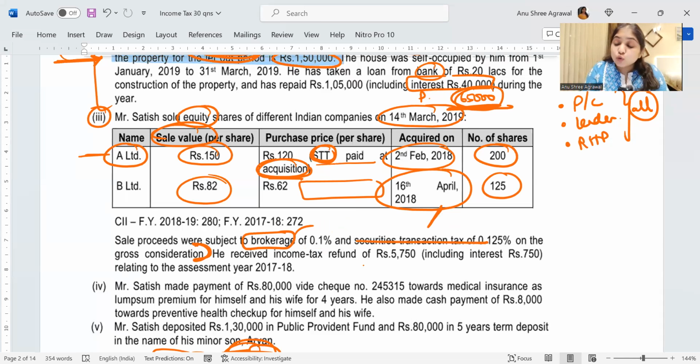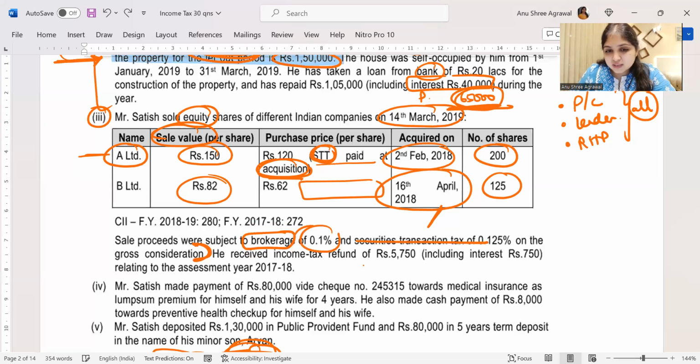PGBP. And that too, when do you subtract in PGBP? Only if it is your assessee's business to buy and sell shares, then STT becomes a business expense. You subtract it under STT. So in the whole Income Tax Act, only in one place you subtract STT, that is in PGBP, and that too only if it is your assessee's business to buy and sell shares, only then you subtract. Here it is capital gains. I will not subtract STT.